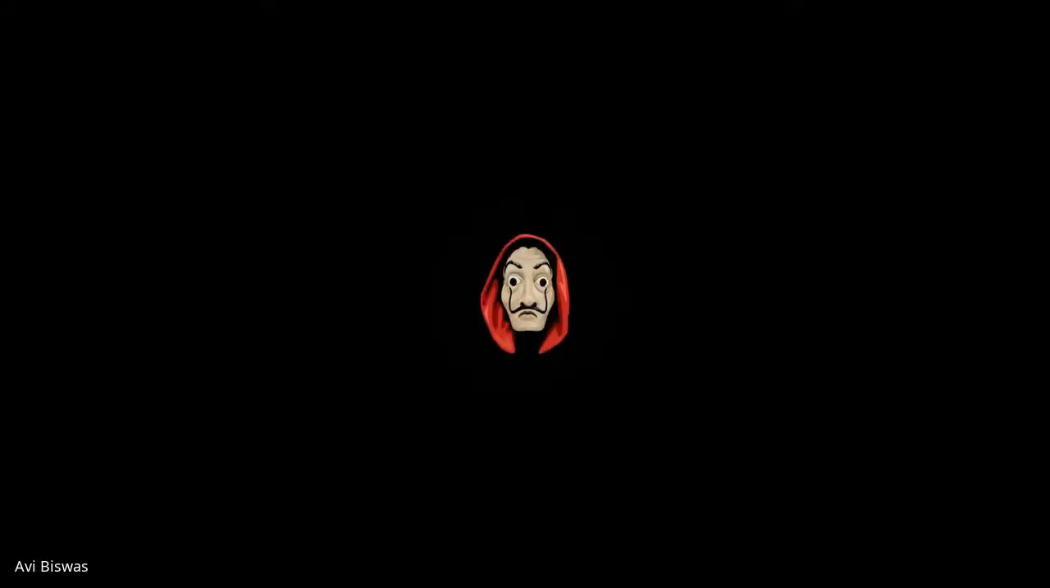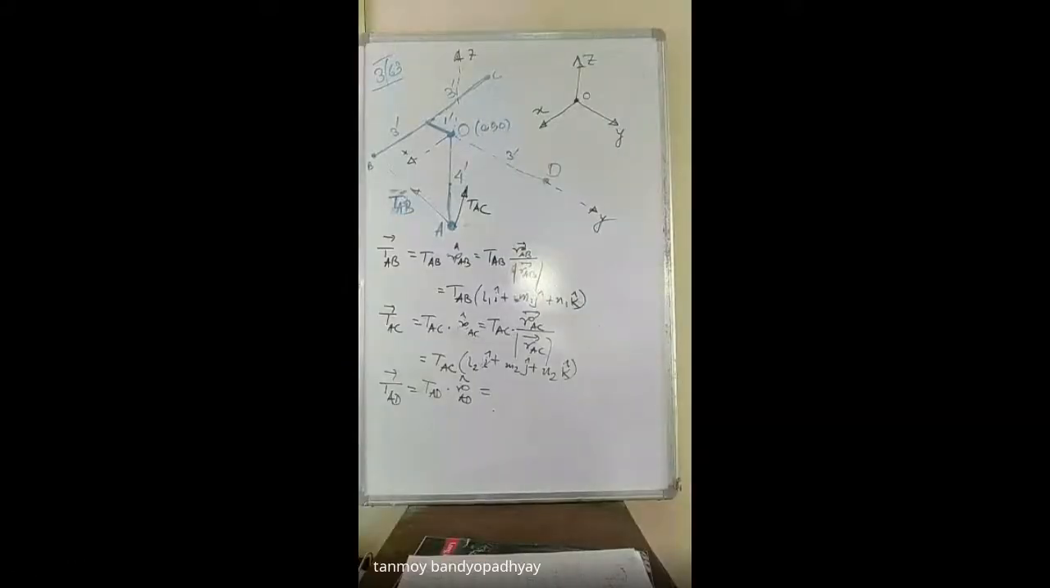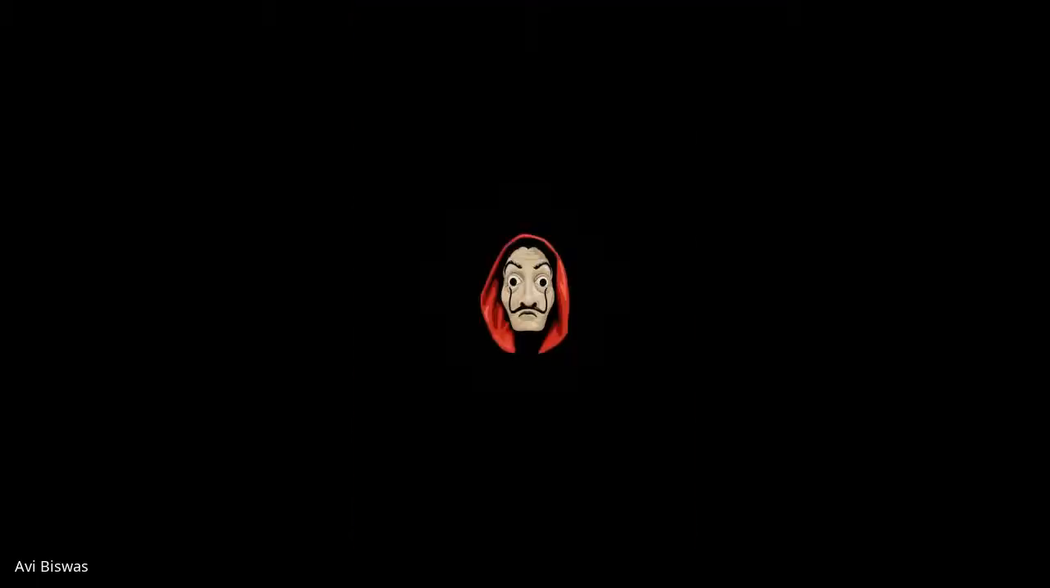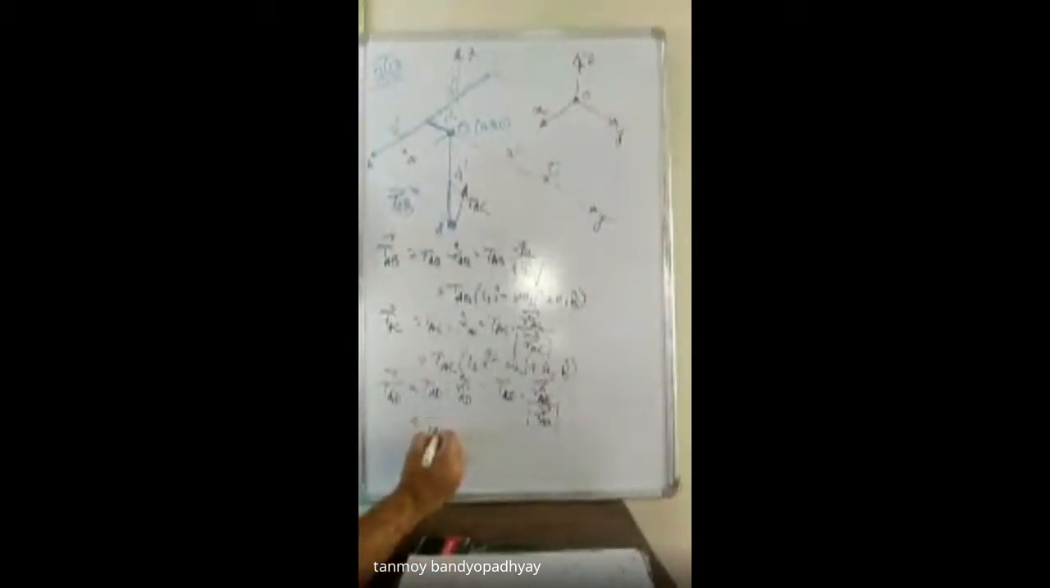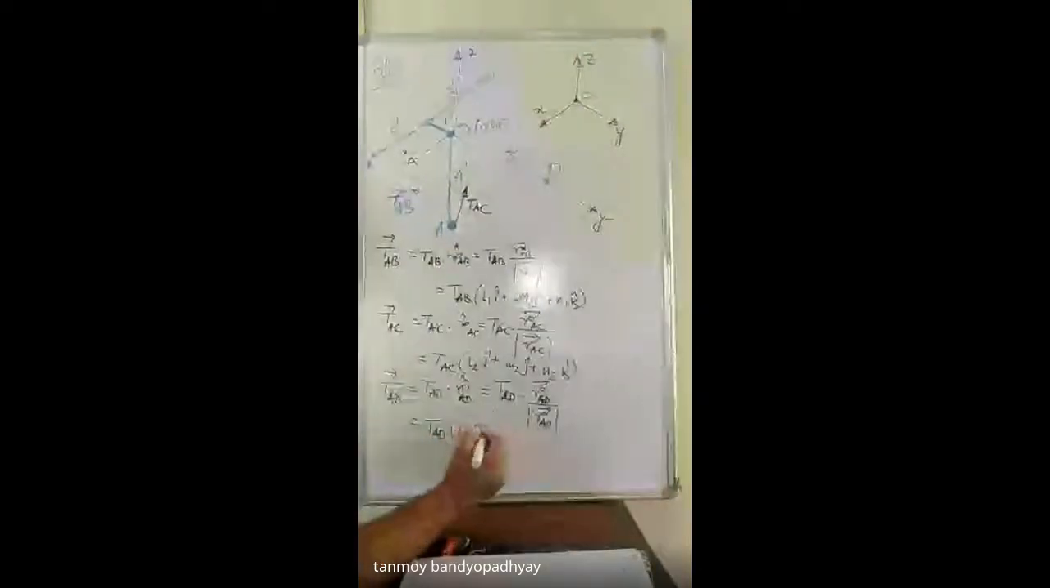Similarly, the final one AD, so T vector AD should be equal to magnitude TAD into a unit vector in the AD direction. So that should be, is this portion visible? Yes sir, visible আছে, visible আছে। স্যার পুরো বোর্ডটাই ভিজিবল, কোনো প্রবলেম নেই। হ্যাঁ, ভেরি গুড। So this is TAD into RAD vector divided by RAD vector. So similarly, that should be TAD into L3 I plus M3 J plus